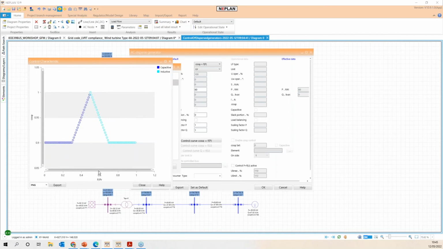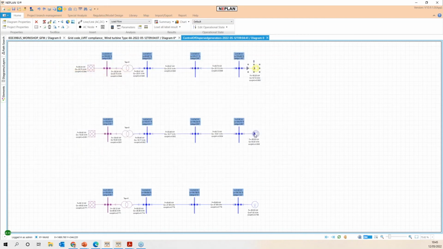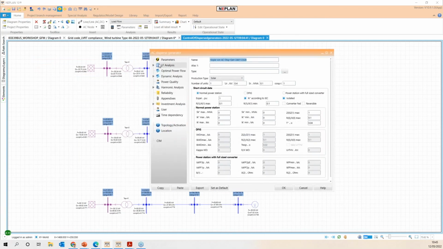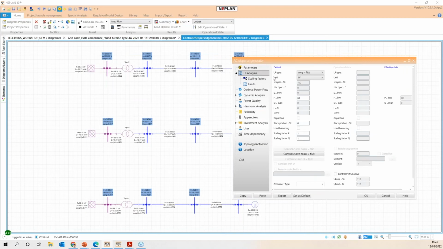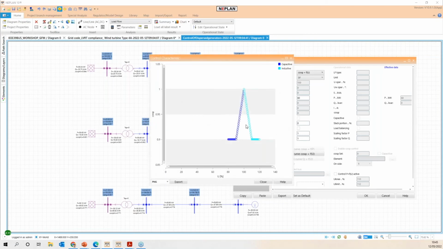And we can see how, depending on the active power injection, we can modify or not the point of operation in the reactive power system, on the capacitive or inductive side. For the same generator, we can see the impact if, instead of having that kind of control, we control the power factor as a function of the voltage. In that case, the curve should be different, and that is able to support the reactive power injection or the reactive power consumption, depending on the voltage level.